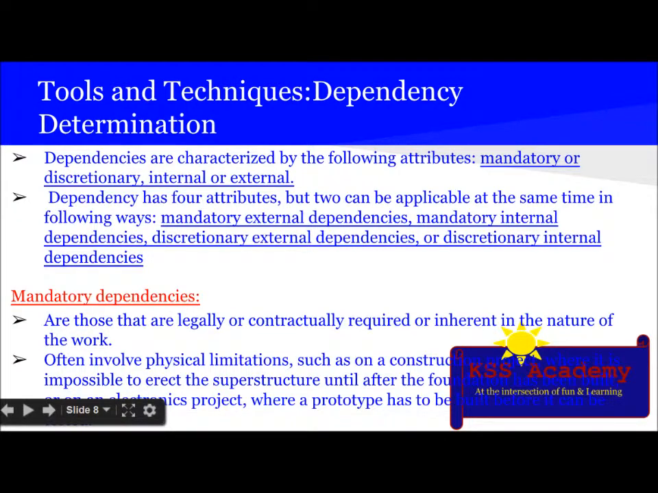So let's see the four dependencies one by one. First one is mandatory dependencies. These are those that are legally or contractually required or inherent in the nature of the work, often involving physical limitations, such as